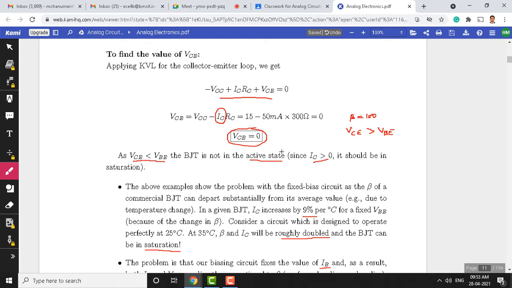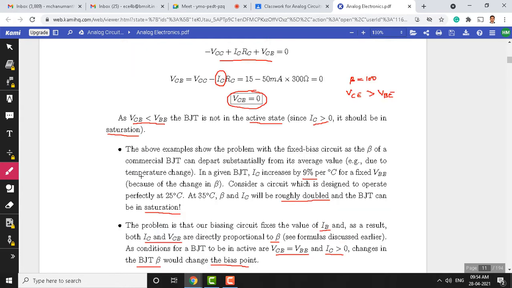We know that when the transistor shifts from active mode to saturation mode, the transistor cannot be used as an amplifier, right? We have seen that in the transfer characteristics. When we want to use a BJT as an amplifier, it must be operated in the active mode or active state. For that, the condition is that collector emitter voltage must be greater than the base emitter voltage. But in this problem, since beta changed from 100 to 200, that made the transistor move from active state to saturation state. Many times, even if you keep beta constant, if for some reason the temperature changes, then also